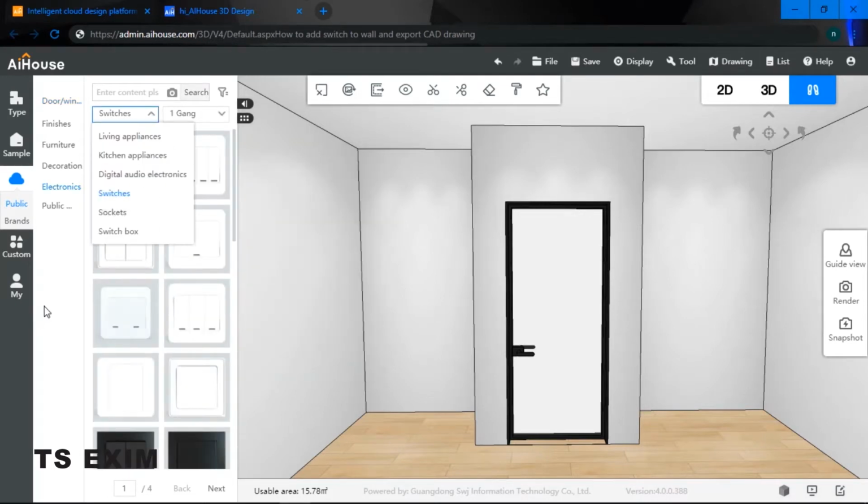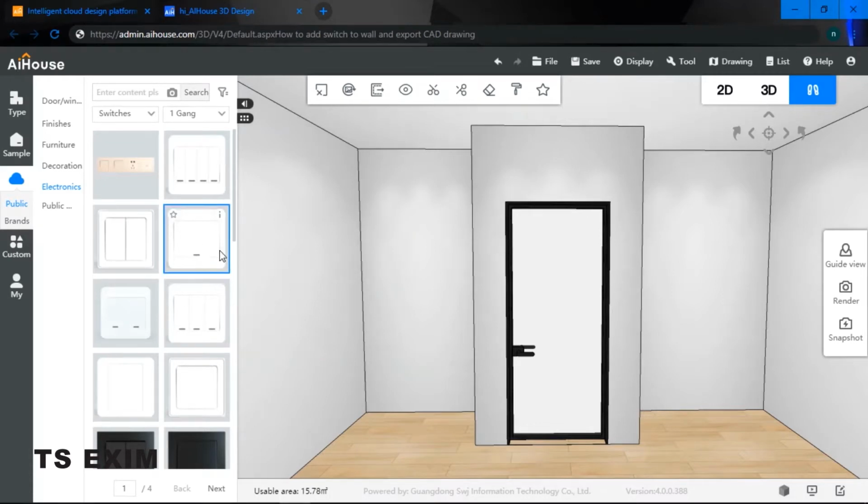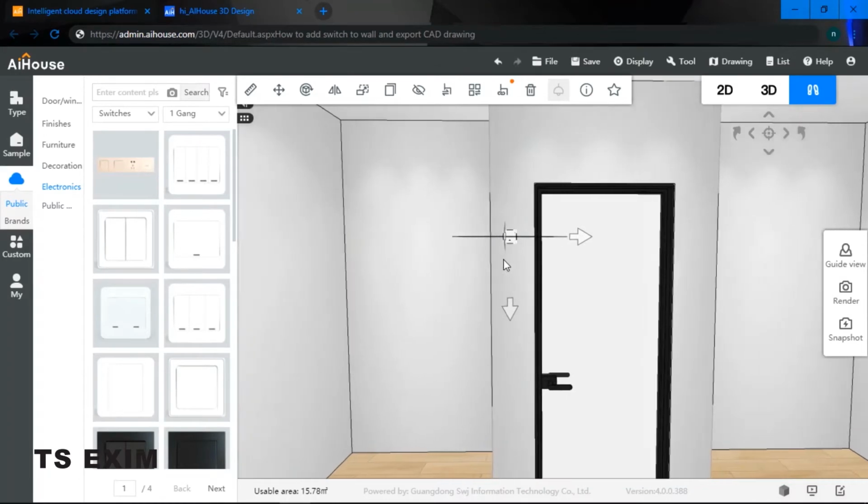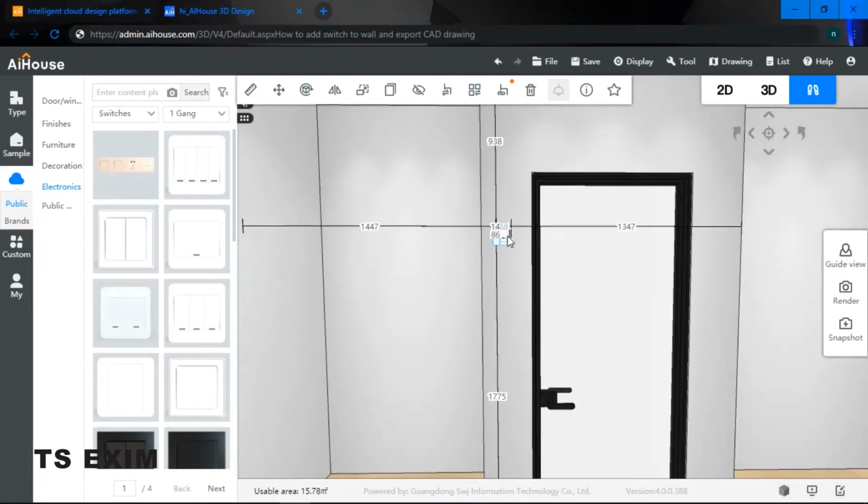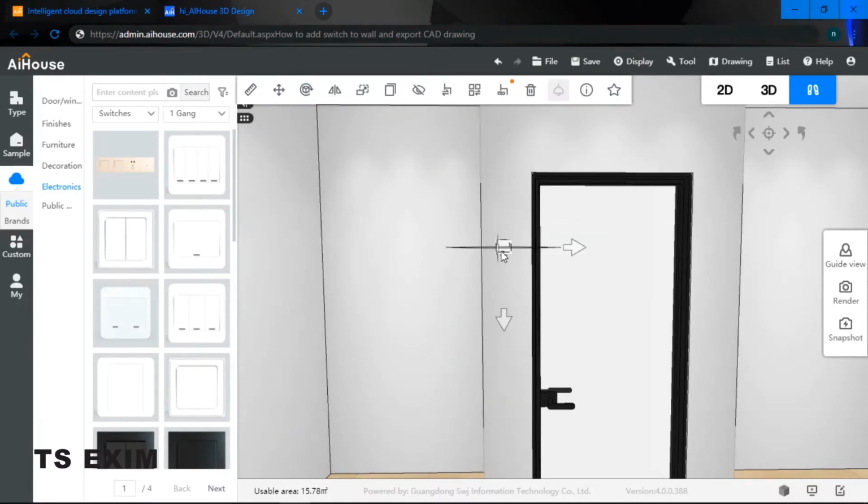Alright, so we are going to add a switch right over here. Okay, so just drag your switch. Okay, and then if you would like to adjust, click on C and adjust the placing. Alright, and then maybe right over here